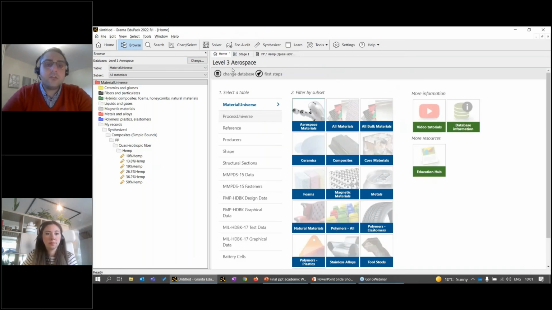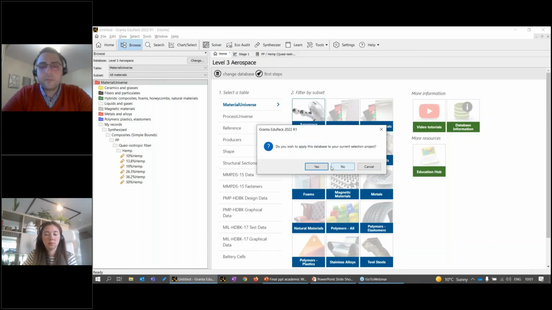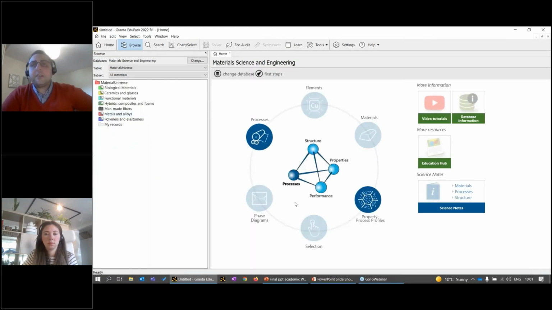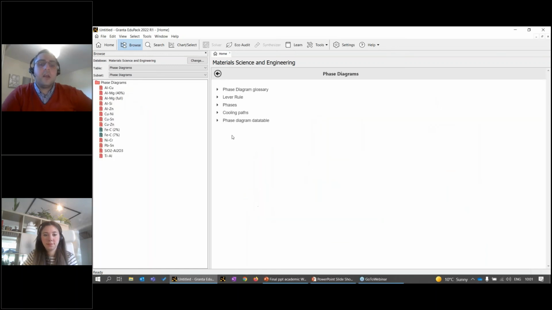For that, I need to change my database to the material science and engineering database. So let's do so. There we go. As you can see, the material science and engineering database includes different sections. One of these sections includes phase diagrams. And in here, we have different tools that would be extremely helpful in teaching new students